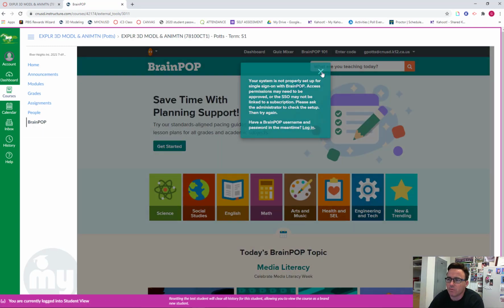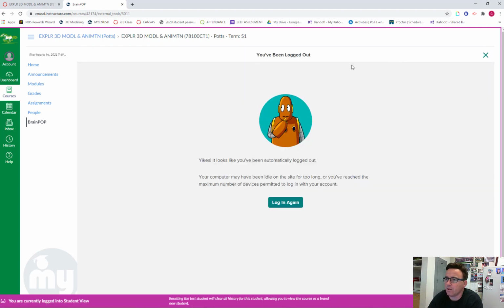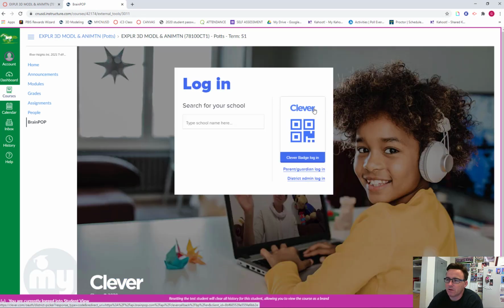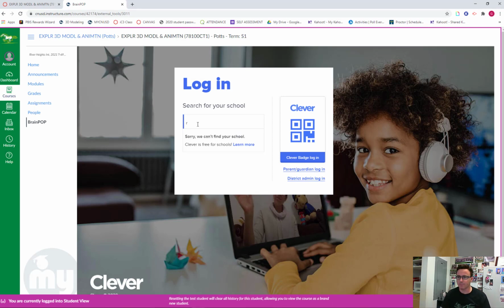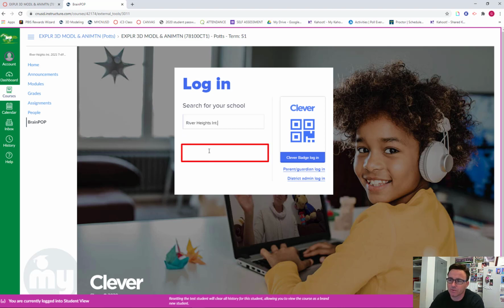And you will need to sign in, or login, and you're going to choose login with Clever. You're going to have to search for your school, so you'll type in River Heights Intermediate, and you'll see it pop up right here with Corona-Norco Unified School District,